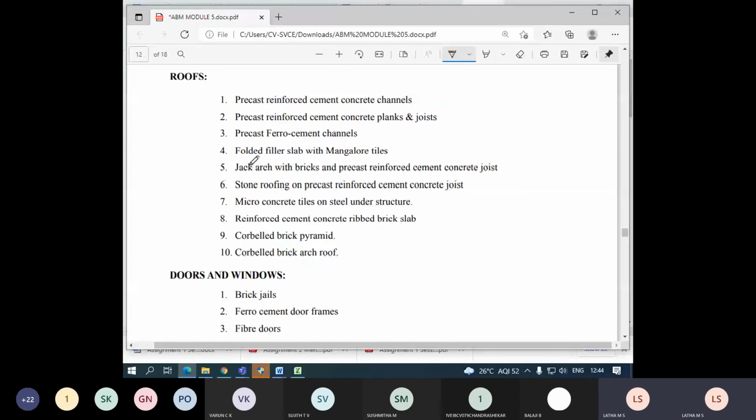And these are the different types of roofs available: precast reinforced concrete channels, that is what we studied now; precast reinforced cement concrete planks, precast ferro cement channels, folded filler slabs or with mangalore tiles, jack arch roof, stone roofing, micro concrete tiles, reinforced cement concrete, cobbled pyramid, brick pyramid, cobbled brick arch.